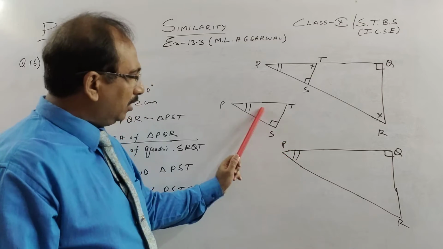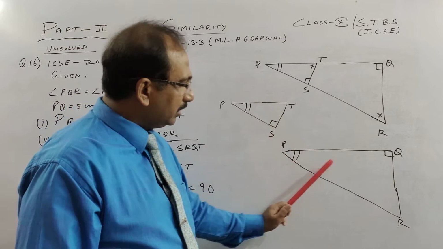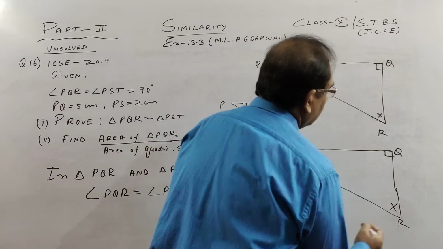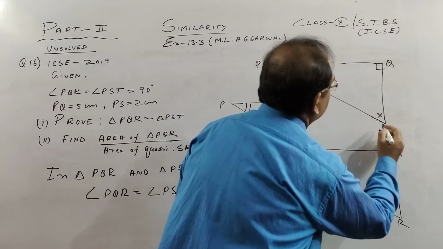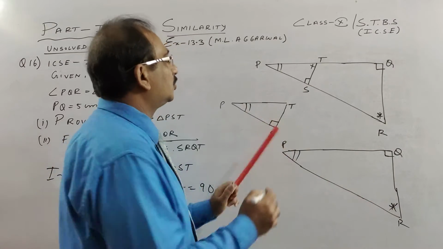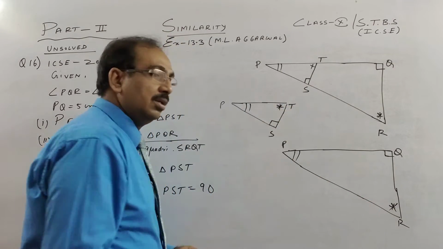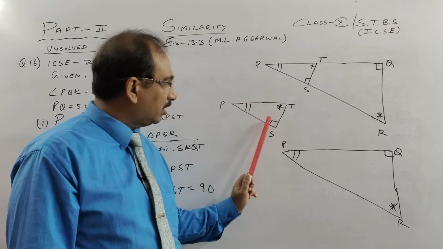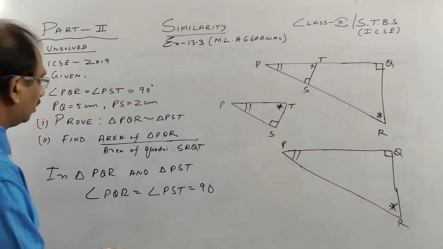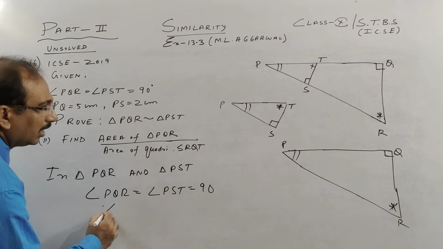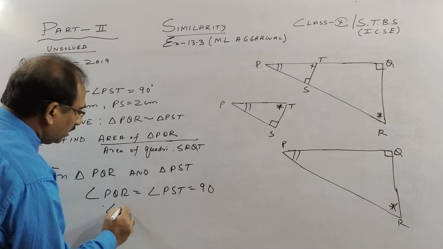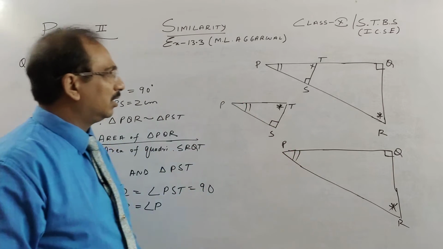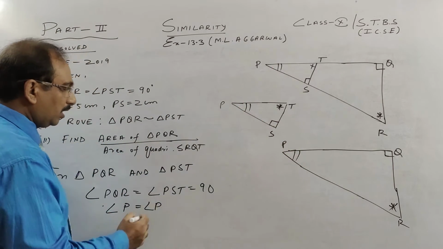So 2 angles of this triangle are equal to 2 angles of this triangle. That means the third angle, with asterisk, not cross, with asterisk I show, of this triangle should be equal to the third angle of this triangle. So these are called corresponding angles. So if 2 angles of one triangle are equal to 2 angles of the other triangle, let us write it. Angle P, I can use one-word nomenclature children, P is equal to P. There is one angle at P, you will see. So 2 angles are equal.